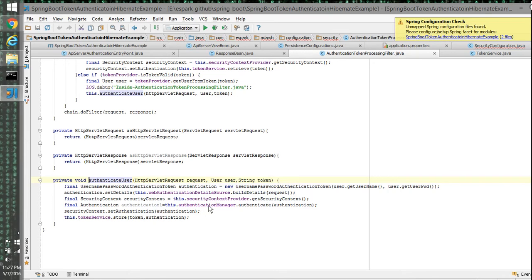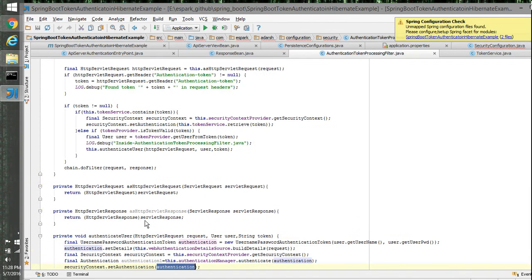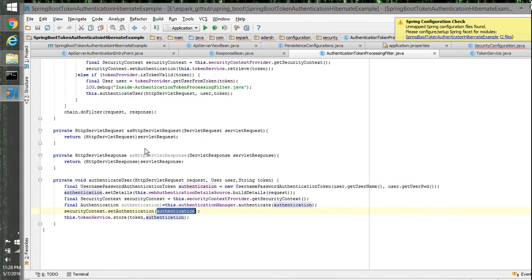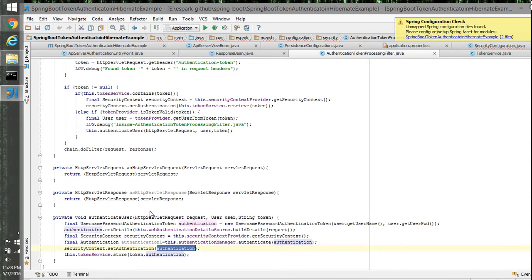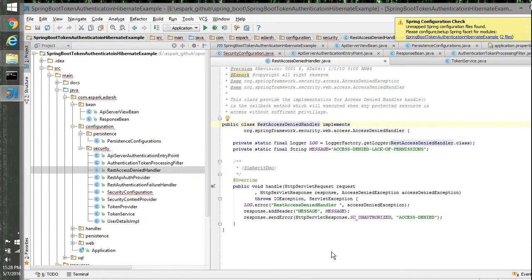Then, based on the authentication manager being given the username password authentication token, we get the authentication, and that authentication we set in the context as well as in the token service store, which is a cache. That's why we first check in the cache. If it is there, we directly get the authentication object for that token itself. If we don't get it, then we go into the token provider service and do a lot of stuff here.